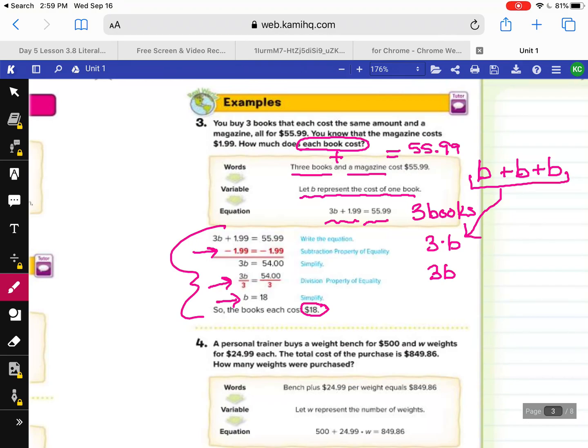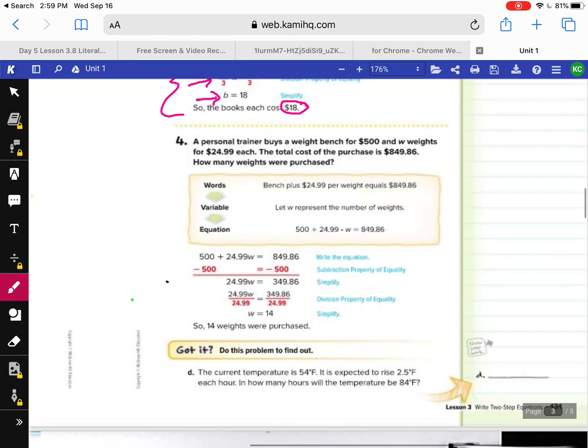Let's go on to number 4. A personal trainer buys a weight bench for $500 and W weights for $24.99. Now, are those W weights, or are they telling us that we don't know how many weights they purchased? We don't know how many, but each one weight, 1W, I know is